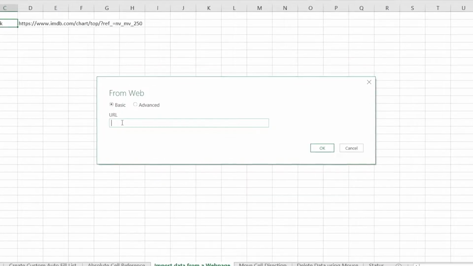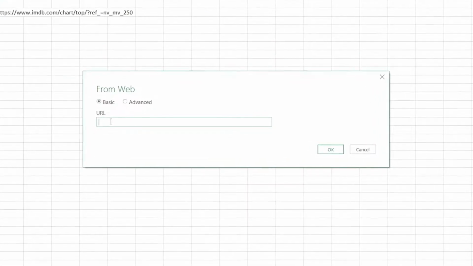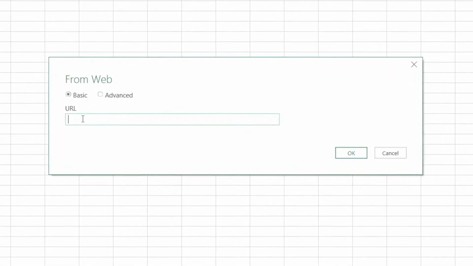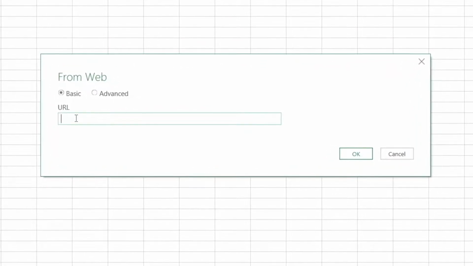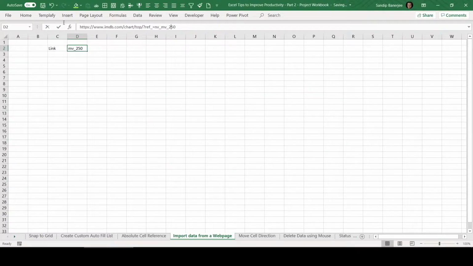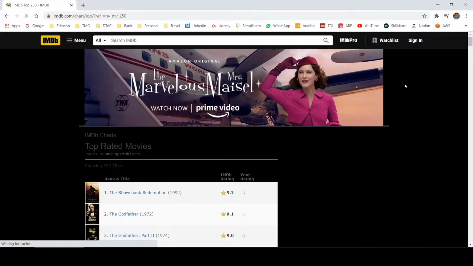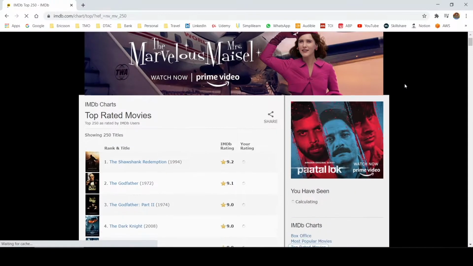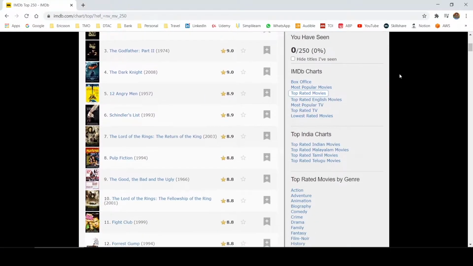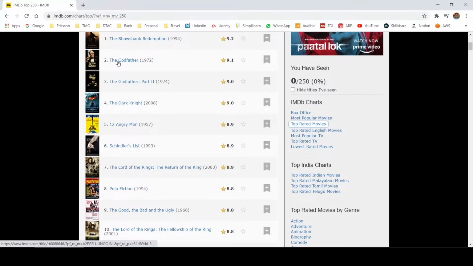Normally, whenever we import data from a web page to Excel or to any other application, we generally select the data in the web page and then try to copy. So let us see first how we can do it normally. I just selected one web page, so let me go to that web page and see how it looks. You can see that this is an IMDb chart for the top 250 titles, and everything is there, right? Picture is there, name is there, and the rating is also there.